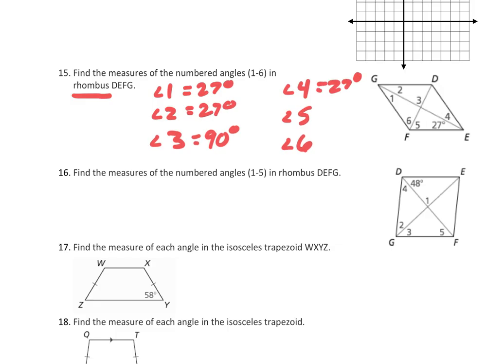I haven't had to really do any math yet, right? I'm just looking at my formula sheet, identifying what I know about a rhombus, and answering the questions. On something like that, you don't have to set up an equation. Now, in order to find 5 and 6, there's a couple of different ways that you can go about it. One way you could go about it,